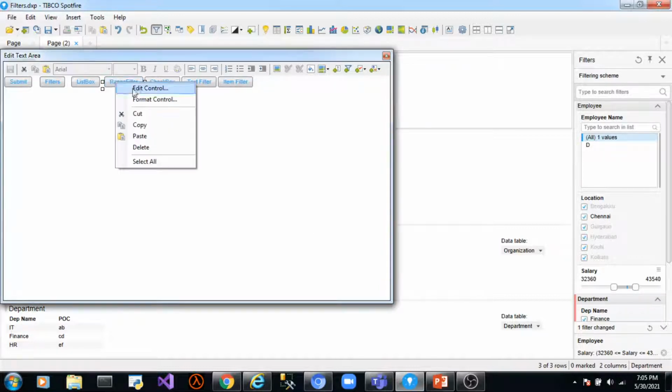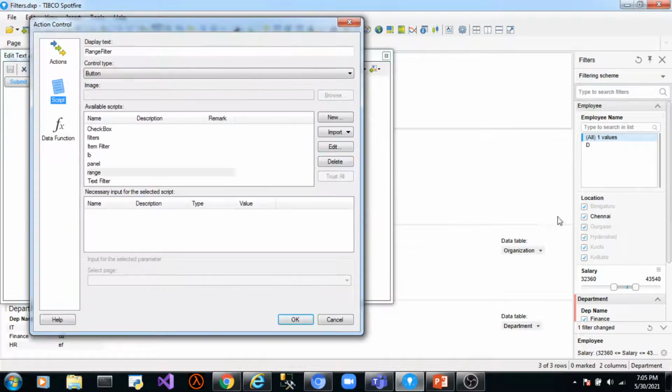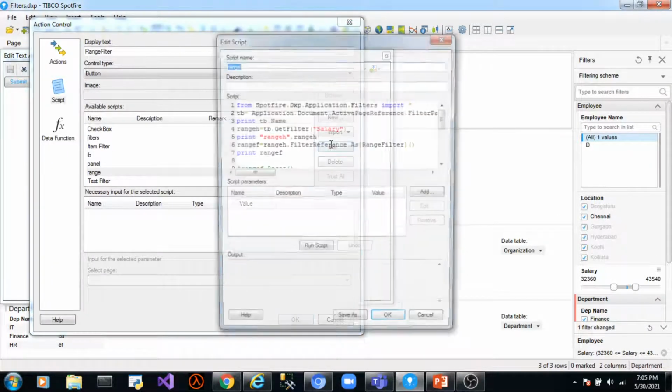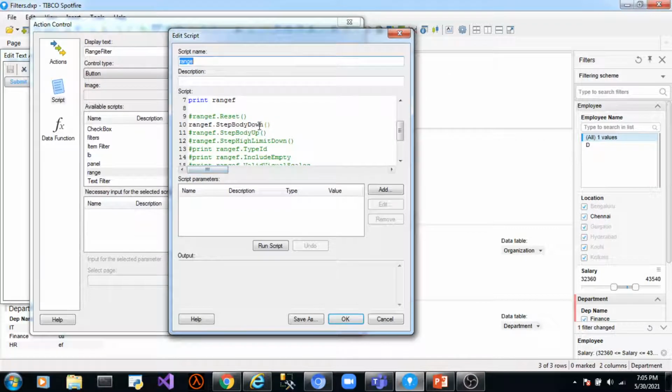Let's try this. I have changed this filter and I am using step body down with this filter. If I click this, see, it shifted to the left by one notch. So 30,000, both the upper limit and lower limit of the range got shifted to the left by one notch to the previous value which is available in your column salary.